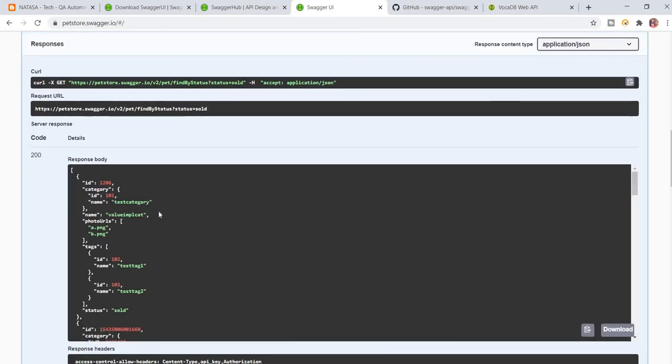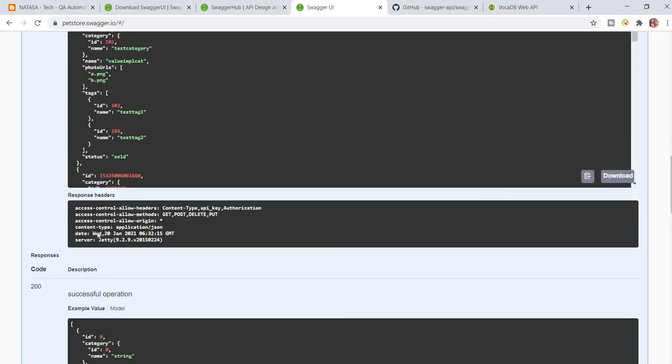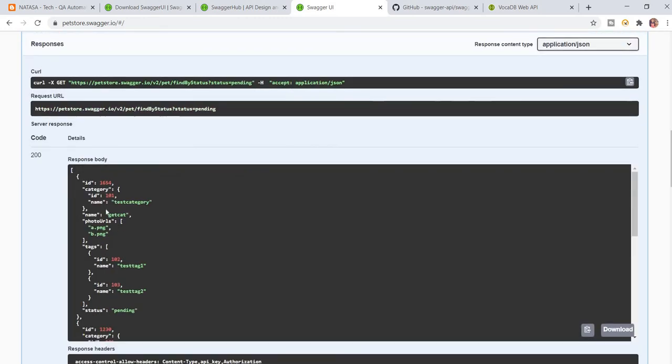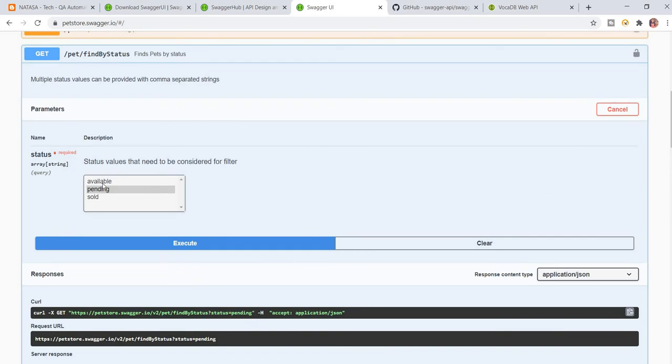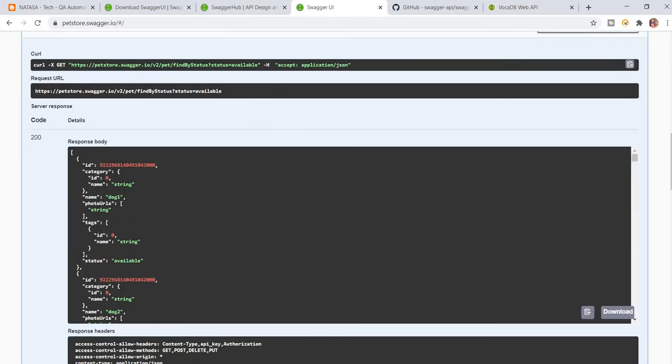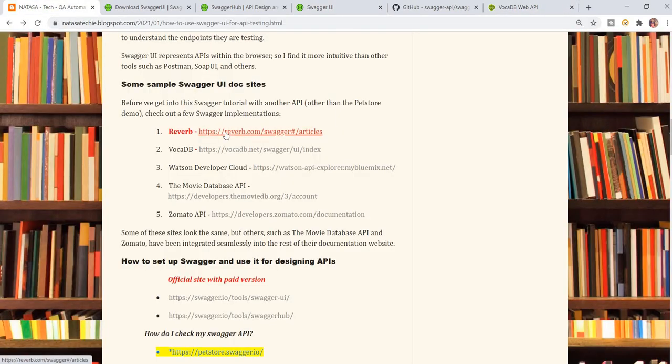So under the sold status, the list of IDs is available. That's what it will show in the response body. And if I click pending and again click on execute, this is a different ID available. So based on that status, everything will change. In that manner, I try another URL.